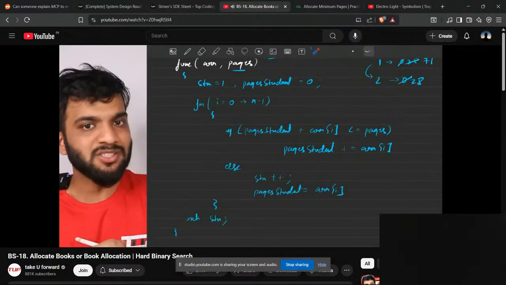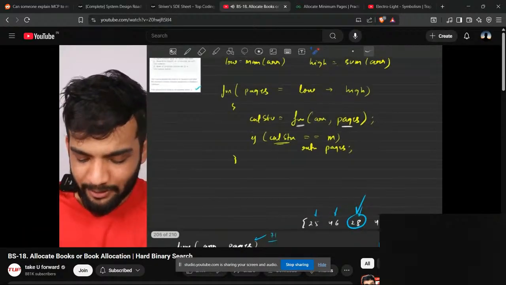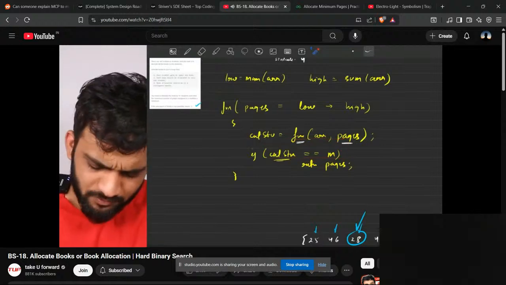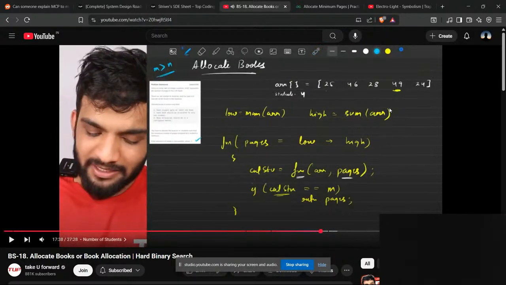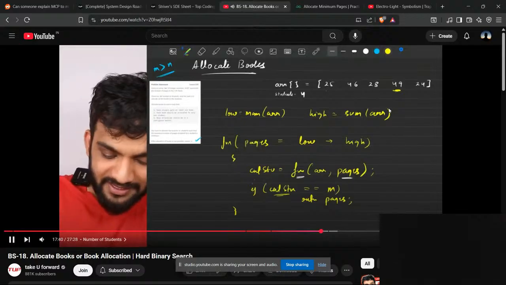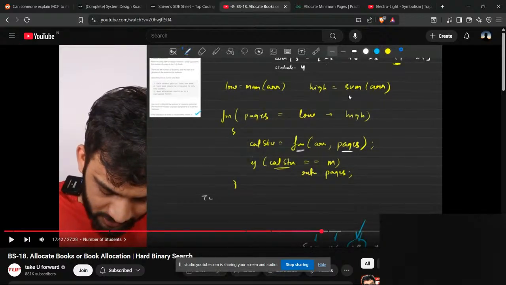This will return the number of students given this particular condition, and then you can simply check if that's equivalent to your number of students. You say, fine, this is my answer. I'm done. Got it? So what will be the time complexity? Can I say that the time complexity is